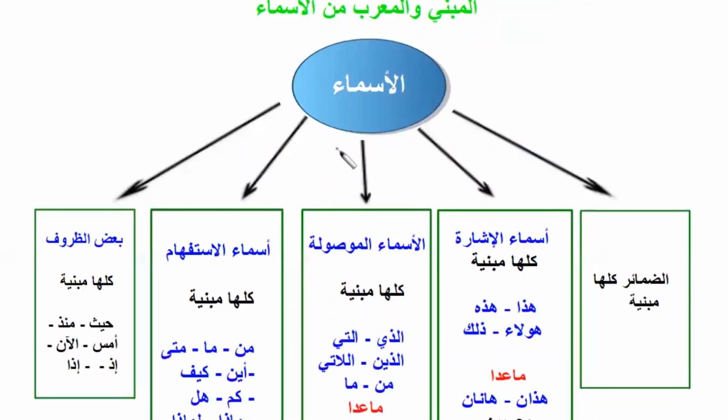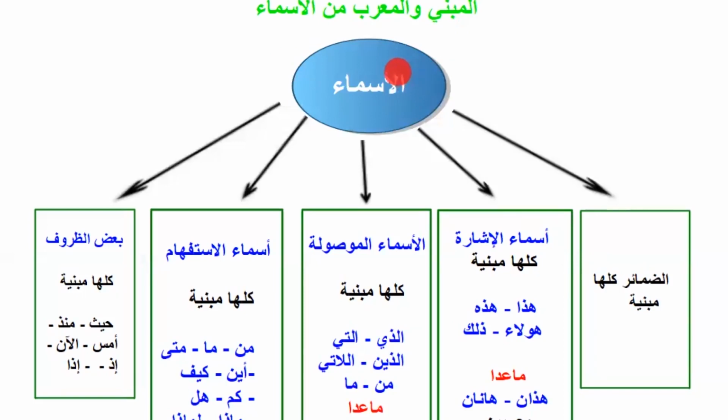So let's look at here. I hope you can see. Al-mabni wal-mu'arrab fil asma. So al-mabni and mu'arrab fil asma, in nouns. So we are looking at it in nouns. As I told you, it is not only nouns. We can have a mabni verb, and then we can have a mabni harf. Not even a mabni harf. All the huruf, they are mabni. So you see, it's not only restricted to nouns.